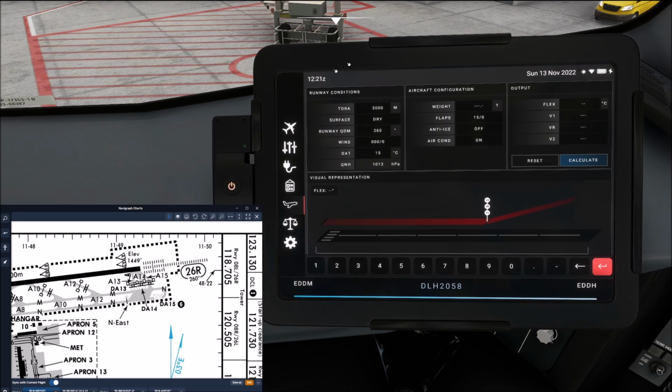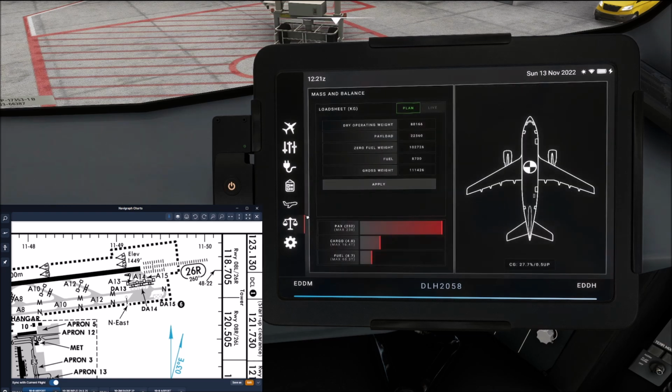That enters the runway conditions. Let's go ahead with our aircraft configuration now. The weight refers to the takeoff weight that we're going to have, and you can either get that from the weight and balance page over here. Just take your gross weight, which is